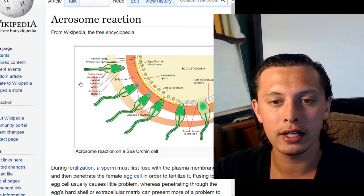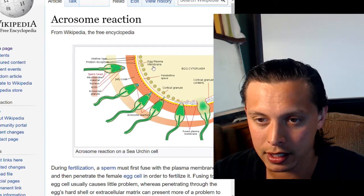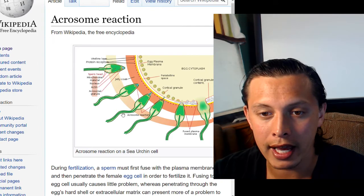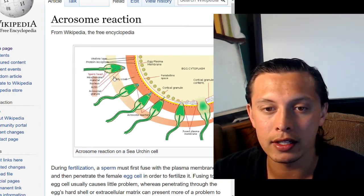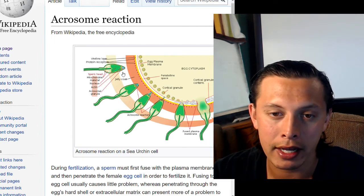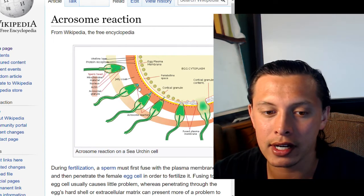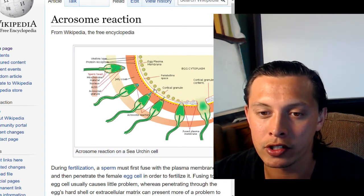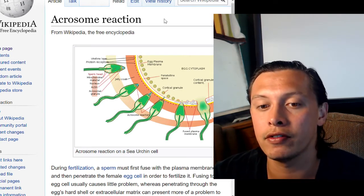So as you can see, the sperm is trying to get into the egg, right? And so the acrosome reaction is happening right here, where this acrosome is, and here you can see this is called the acrosome granule. This has enzymes that allow the cell to start, for lack of a better term, burn through the protective coating